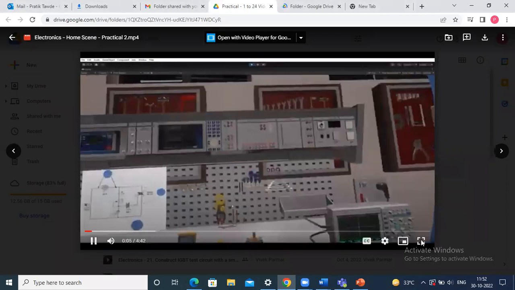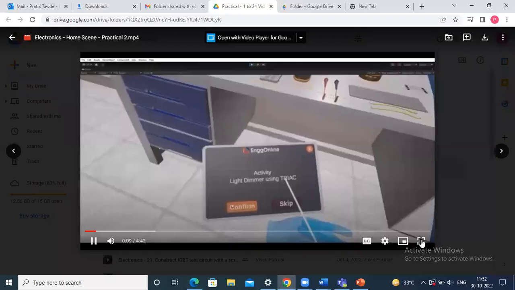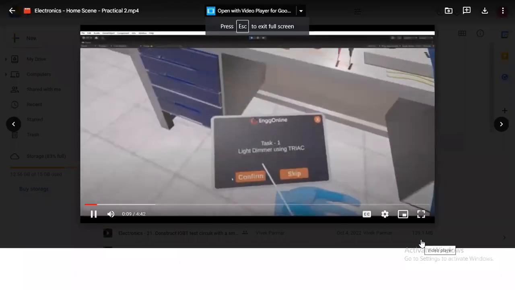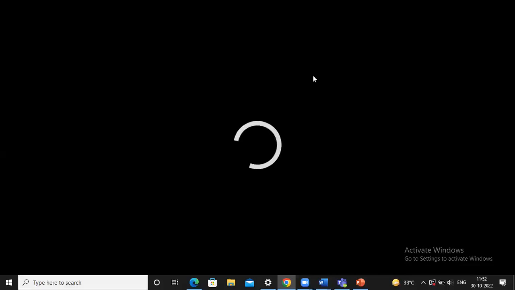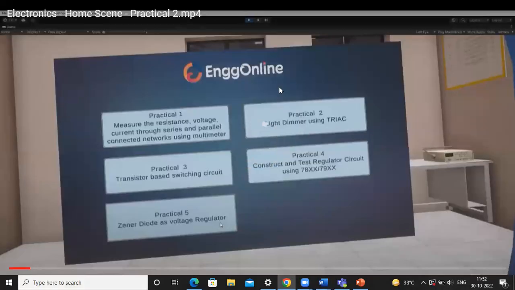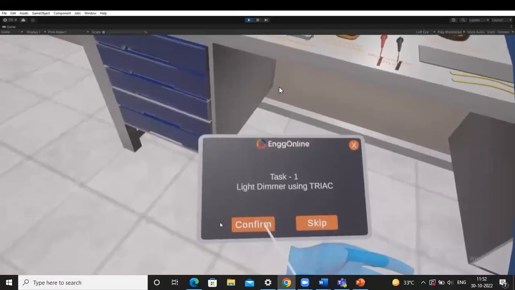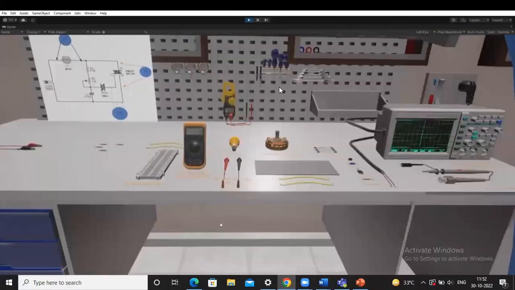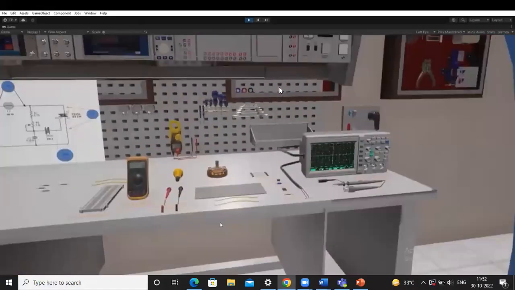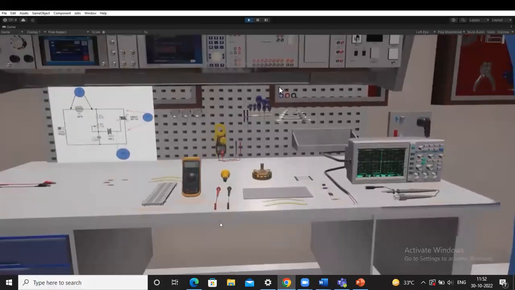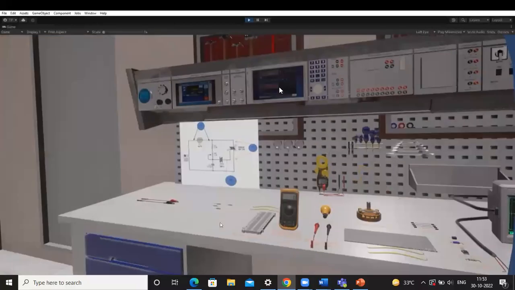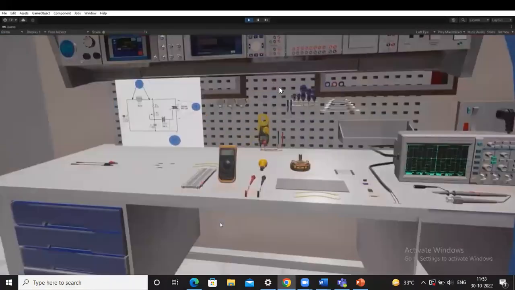Activity, light dimmer using triac. Task 1. Light dimmer using triac. Objectives. At the end of this exercise, you shall be able to build light dimmer circuit using triac. Test the effect of resistance variation on intensity of lamp. Components required. Triac